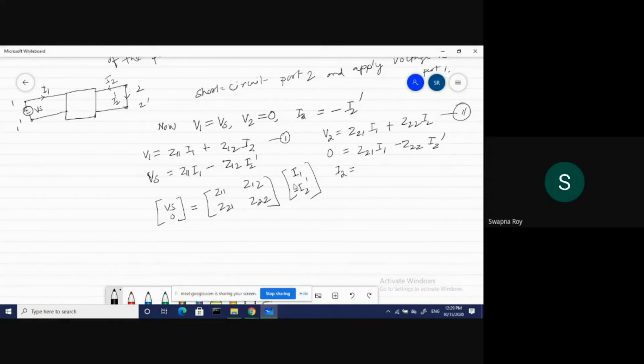So from this, I need the value of I2 dash. So I2 dash is equal to